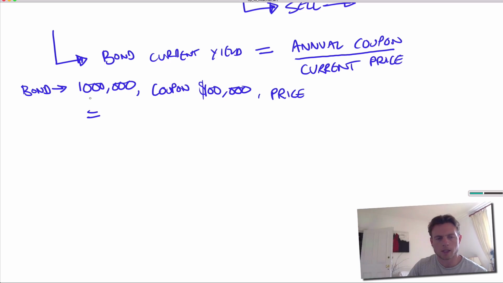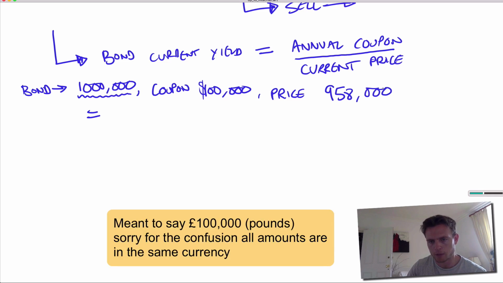And let's say the current price of that bond in the marketplace is trading at a discount, meaning that the current market price is actually less than the outstanding balance. So let's say the price is £958,000. If I wanted to buy this bond off one of these dealers, I would need to pay £958,000 in order to receive £100,000 per year in coupon and £1 million at the end of the lifetime. And let's just say, for completeness, that the years to maturity, although it doesn't affect this particular calculation, is 10